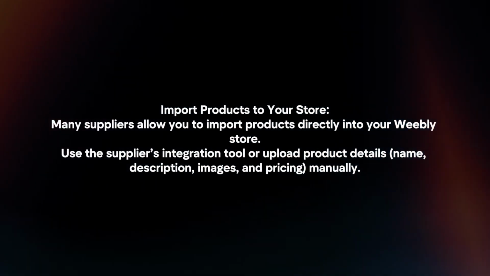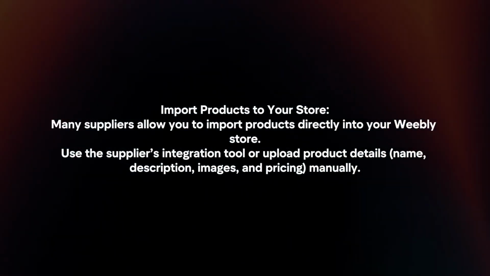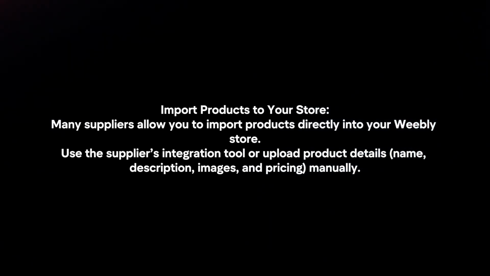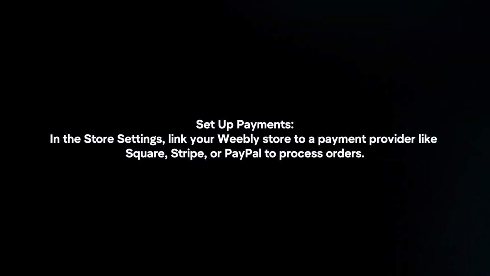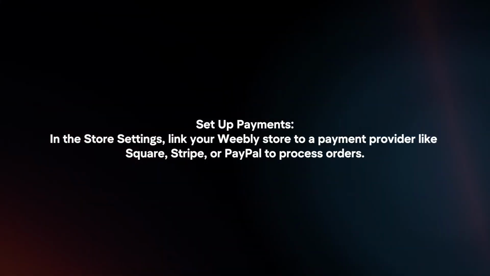Import products to your store. Many suppliers allow you to import products directly into your Weebly store. Use the supplier's integration tool or upload product details manually. Set up payments. In the store settings, link your Weebly store to a payment provider like Square, Stripe, or PayPal